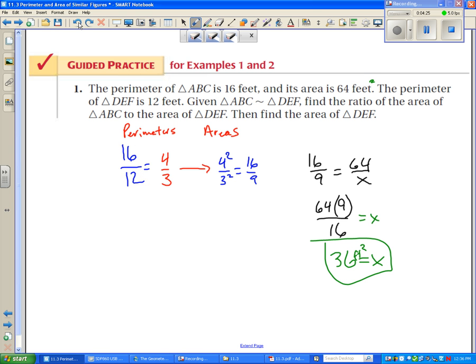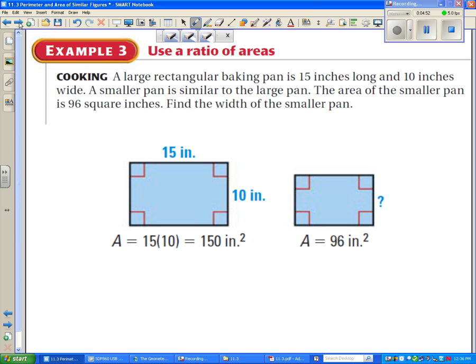And notice if you square the ratios of the perimeters, you get the areas, and that becomes this. Then I take this and set it up with a proportion with 64 over x, because 64 goes with the 16, which goes with the 4 squared, which goes with the 4. I just cross multiply this and solve for the other area. Remembering that area is in the second dimension. All right,